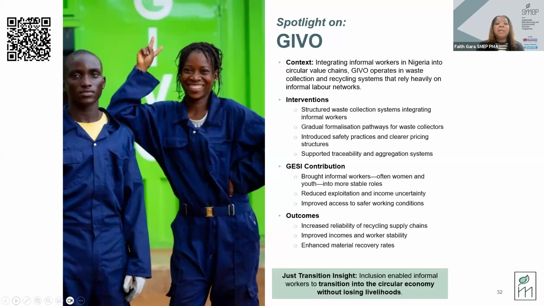In the Jivo Warwick project, recognizing and progressively formalizing informal workers, many of whom face intersecting vulnerabilities, improved occupational health and safety, stabilized labor supply, and reduced exploitation risk within the circular value chain in their context. Across these examples, inclusion acted as risk prevention, not remediation. Gender-responsive design reduced safety incidents, prevented exclusion from new opportunities, and supported workers through transition, while also improving productivity, retention, and trust. The key lesson from SMEP is do no harm: inclusive systems are the foundation upon which fair access, participation, and empowerment is built.